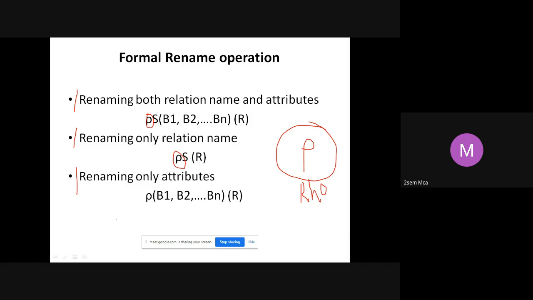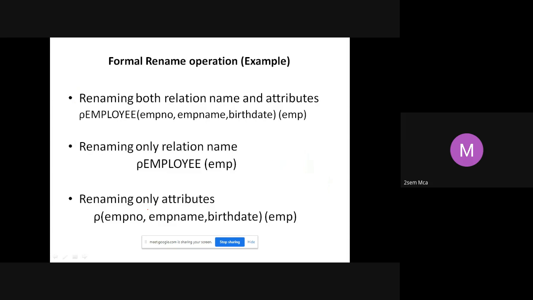When you try to rename, you make use of the rho operation. See here, the first condition: renaming both the relation name and the attributes. Both I want to rename. So how do I give the syntax? Rho, employee. Employee is my original table. I am renaming that table as EMP.